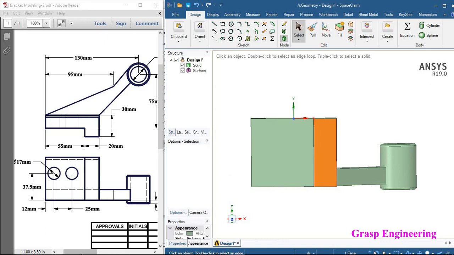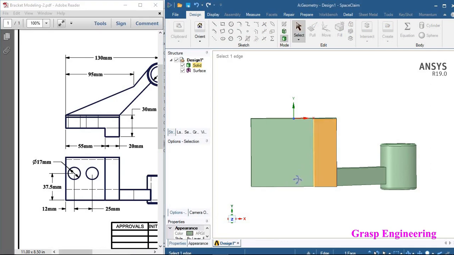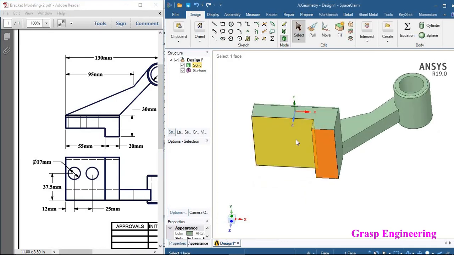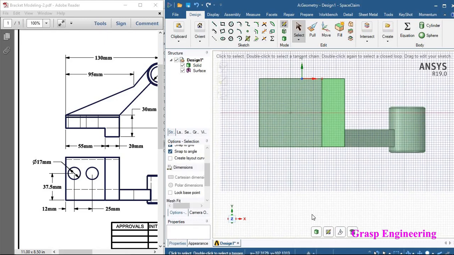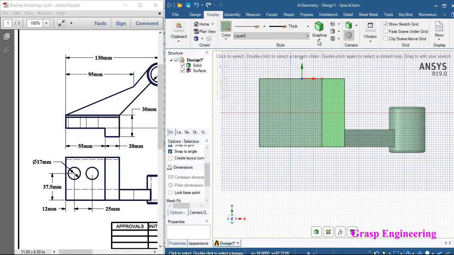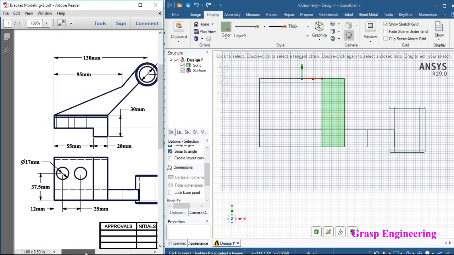Right now these circles are just to create the holes, so there is no need, you can create on this face or this face, both are the same thing. Okay, just sketch, plan view. Now if you go to display wireframe, you can see both views are approximately matching.